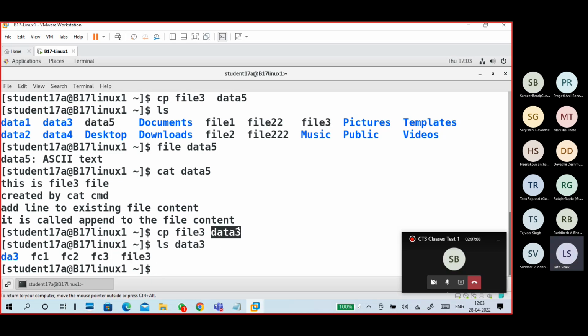Because the data 3 directory exists, it understands whether it is a directory or a file. If the data 3 directory is there, it copies file 3 to the data 3 directory, even if you don't give a slash. But if you give a slash, you are telling it that data 3 is a directory. If you don't give it, you are not telling it, but it will try to understand whether any data 3 directory is there,